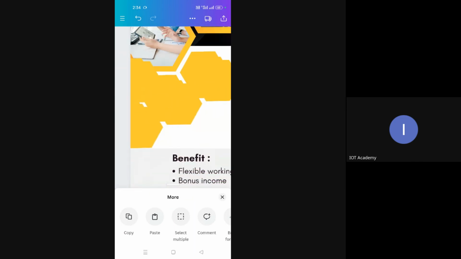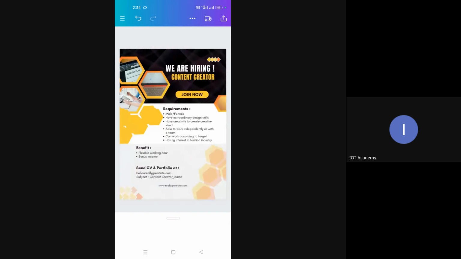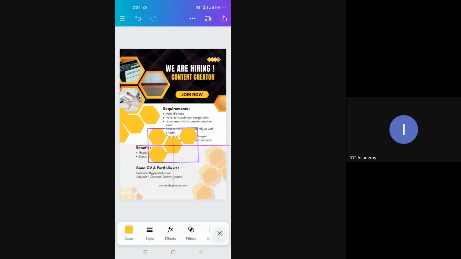Here it is getting copied. Likewise, any photo or any area that you want to repeat again, simply you can copy.